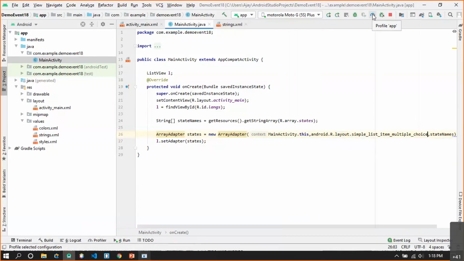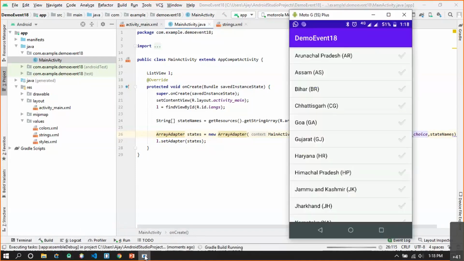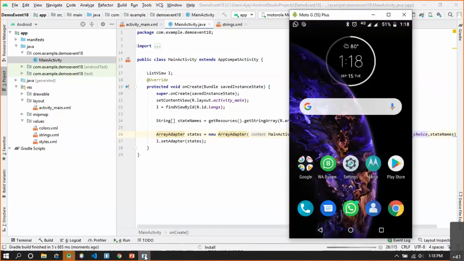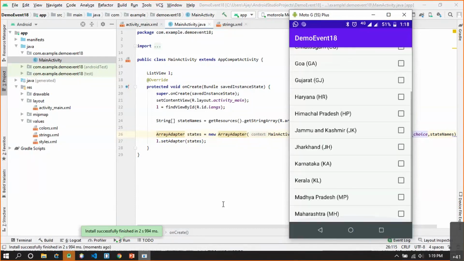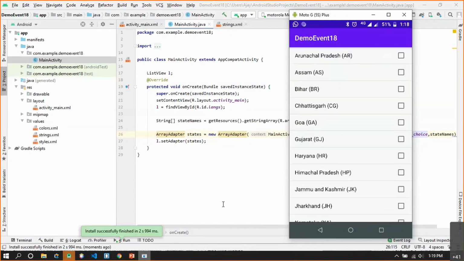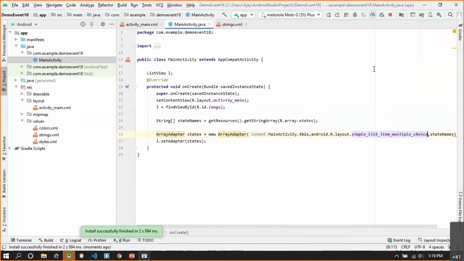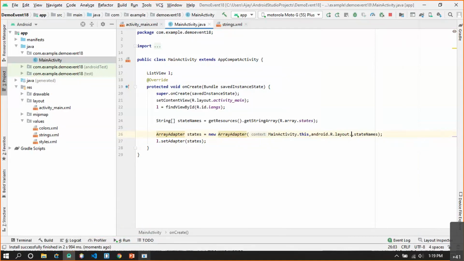Then there is something called multiple choice. Let's see what difference it makes in terms of the UI. So let's wait till it installs the app. Now, as you can see, once I select the multiple choice, it has the checkboxes in front of the items. So similarly, you can select your own layout style to display the items.